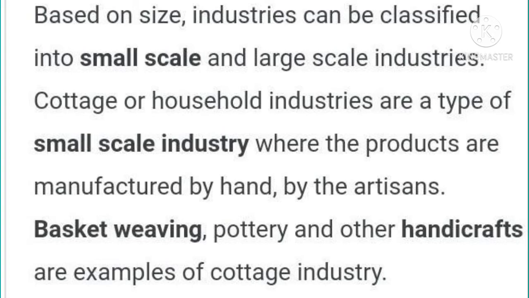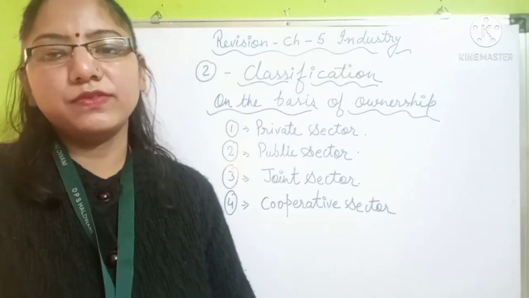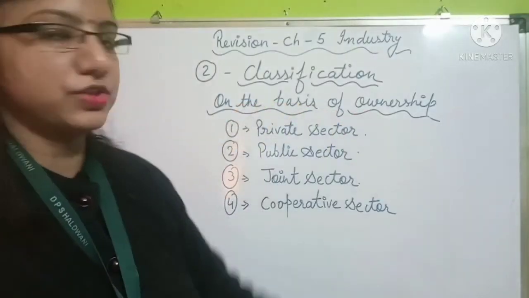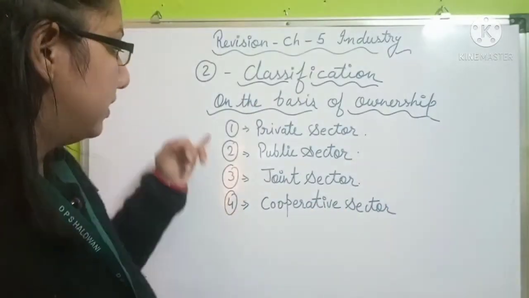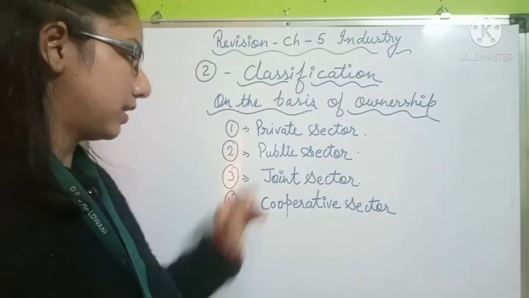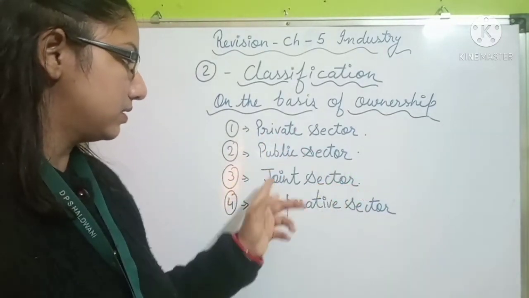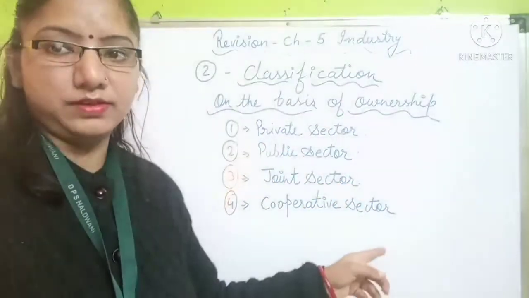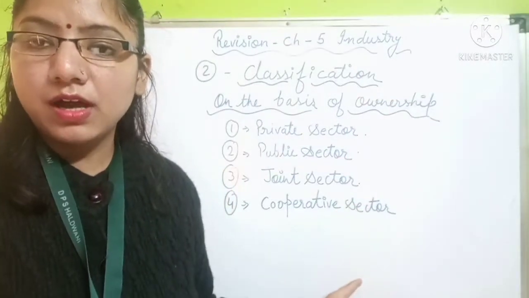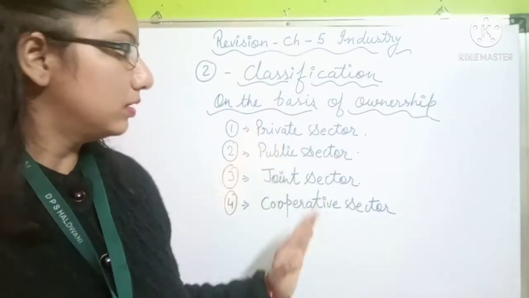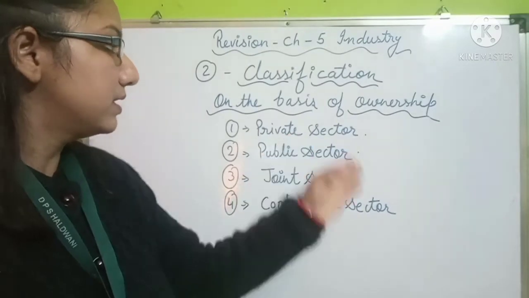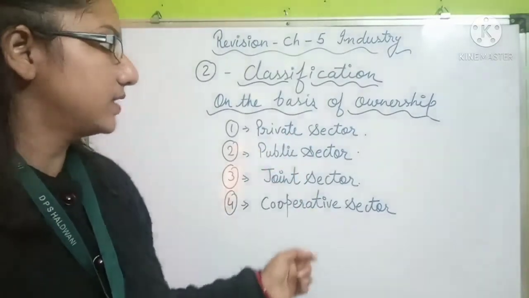Now we will see on the basis of ownership. Let's see what is the classification of industry on the basis of ownership. As you can see on the board, there are a total of 4 types of sectors: the private sector, public sector, joint sector and the cooperative sector. So what are these sectors and how are they classified on the basis